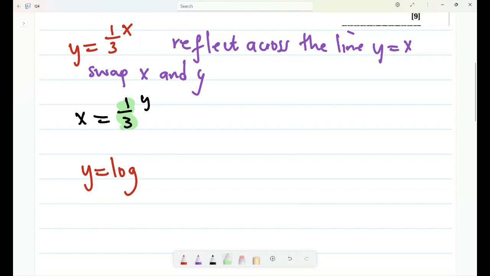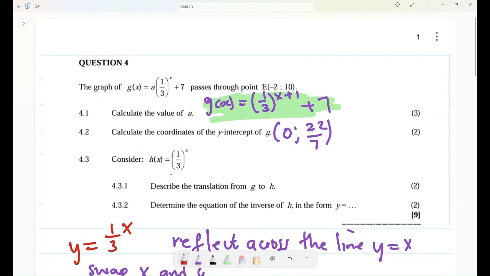Remember, this is the base, right? So the base will remain the base. Then this will just change position and it will become x, right? So remember, how do you call this? It is y is equal to log x base a. So this is the base. Hence I'm saying the base remains the base. All right. So yeah, that's all